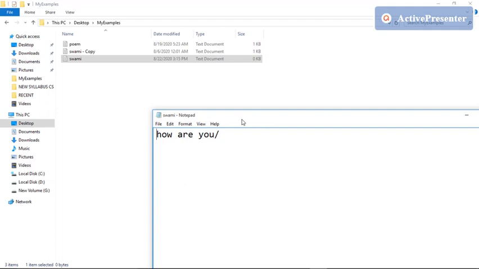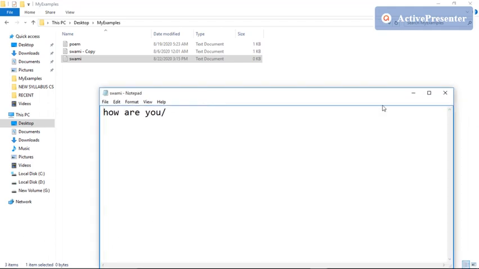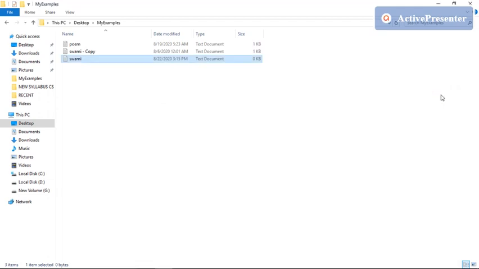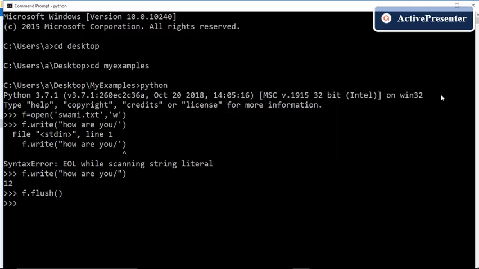So this content has been transferred from the buffer that is in the primary memory to the file that is stored in the secondary memory, that is our hard disk. So these operations get performed only if I use explicit flush operation or if I close the file.